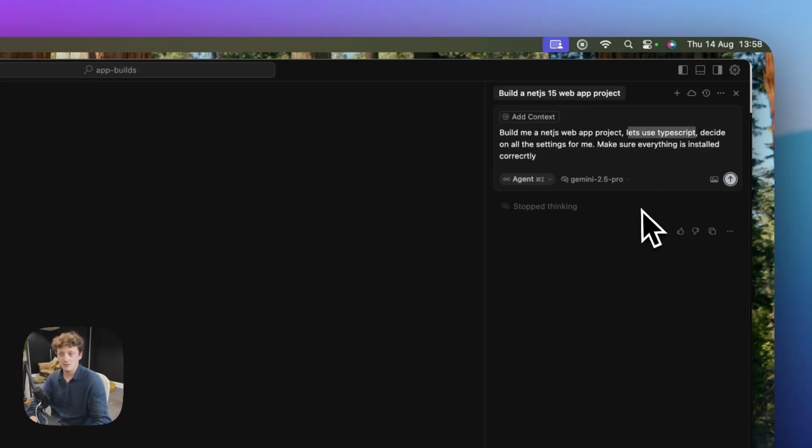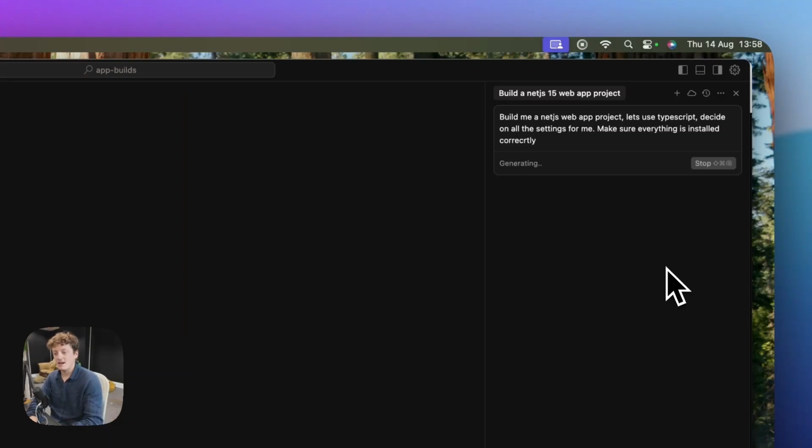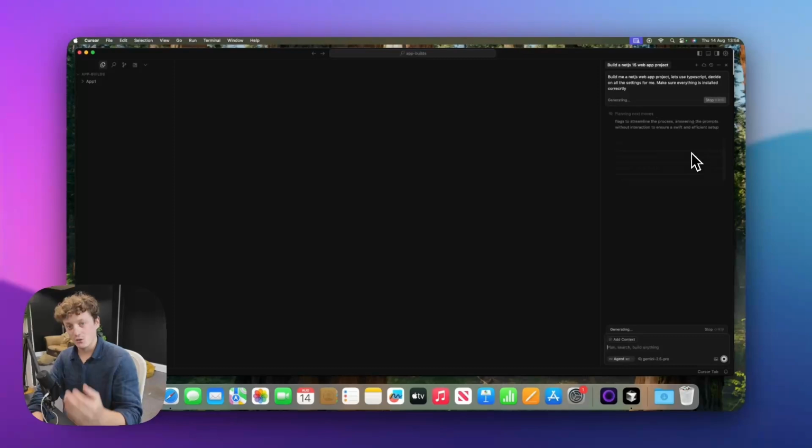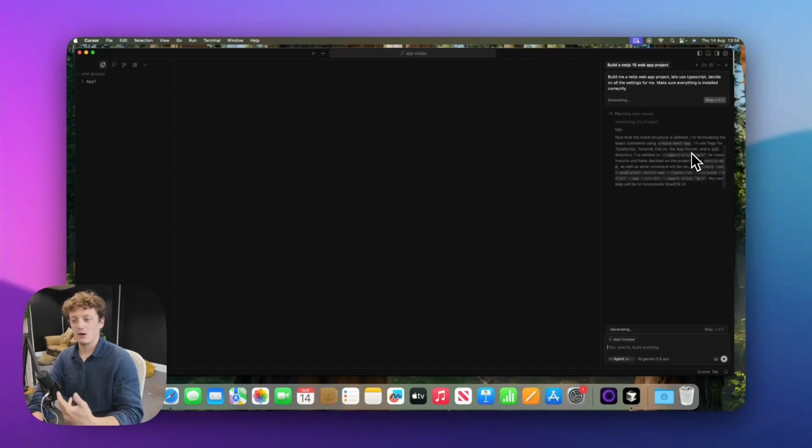Let's use TypeScript, decide on all the settings for me, make sure everything is installed correctly, and then you're just going to send this through. And the AI is now going to figure out how to set up our project for us. Now don't be scared, because it's going to ask us to install various things onto our computer so we can